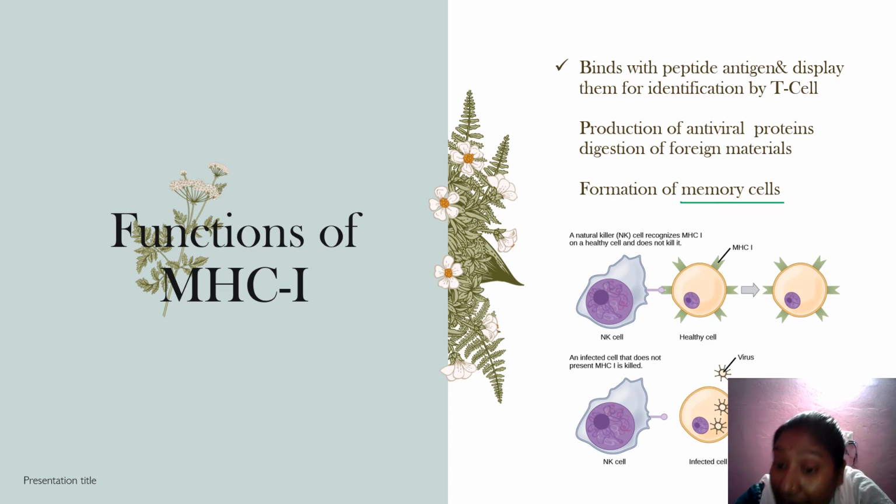So how will these memory cells turn up? Suppose you have been infected with a particular type of disease. For that particular disease, your memory cell has already developed. So if by chance you are affected with the same disease a second time, the immune response is already evoked, and the steps to follow have already been recorded by these memory cells. So here with the diagram it is very clear that this is a natural killer cell,